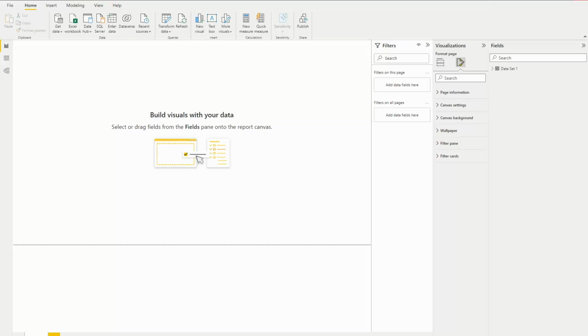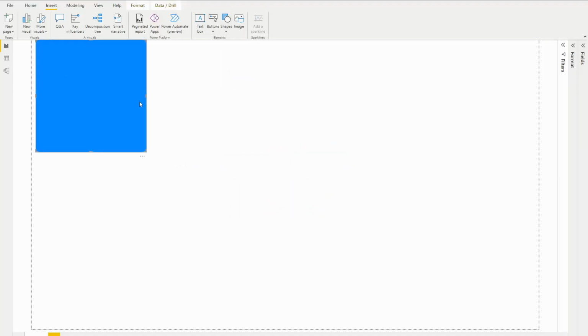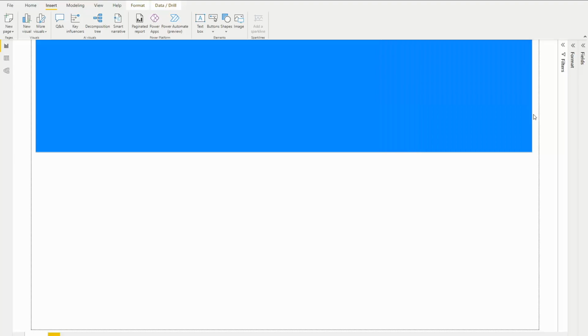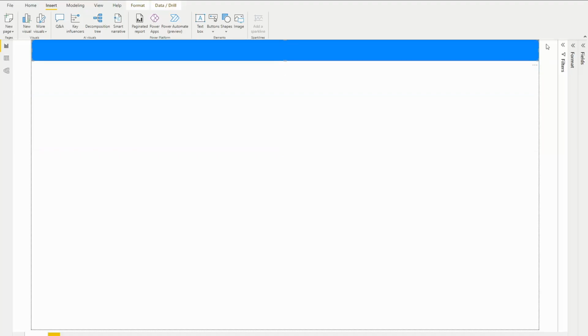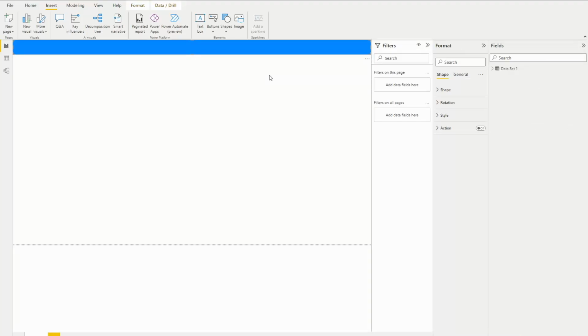efficient and effective manner. So the first thing I'll do is click on insert, and we have it under shapes. I'm just adding a rectangle shape here, formatting and resizing it to fit our dashboard. And I'll be showing you again our three panes here. From here, we will be editing